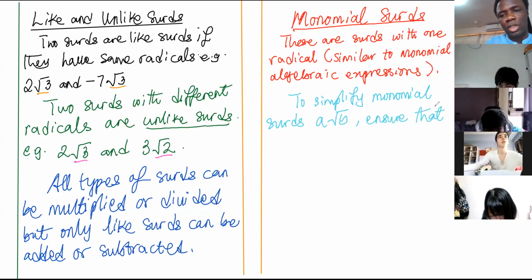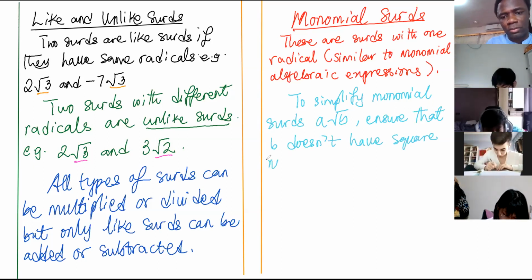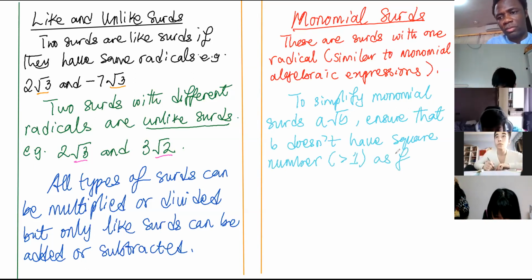So you need to ensure that B does not have a square number as a factor. A square number greater than 1. Okay, so let's see what this means. For example,